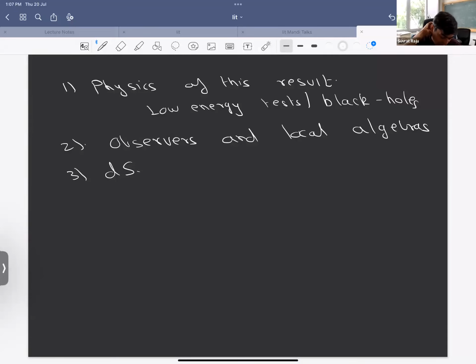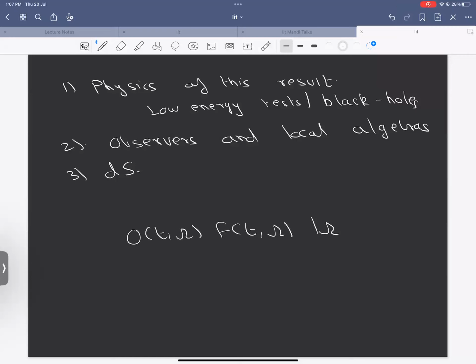Are you asking once again about smearing things? For instance, are you saying that I should smear things with some nice smearing functions? No, just the way that you have written it. You have written it like a span of O(T1, omega1), O(T1, omega2), and so on, right? So you're saying I should have written this? I'm not saying anything about the smearing function, but is this a more precise definition of what you meant? Yes. If I had a smearing function, it would be a more precise definition. It would then have, as we discussed a little bit, normalizable states. Yes. Sure. It's the same sense that the normal QFT Fock space is separable.